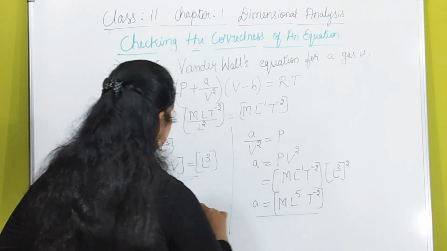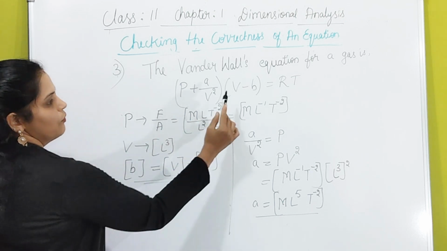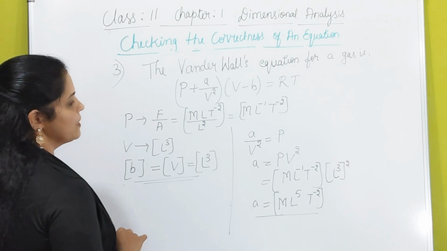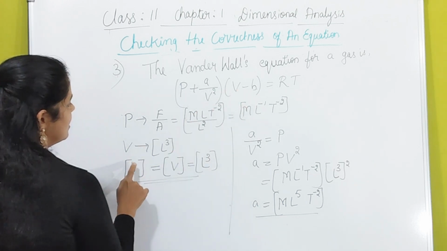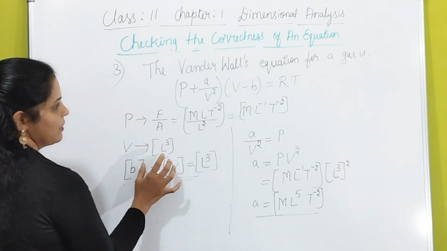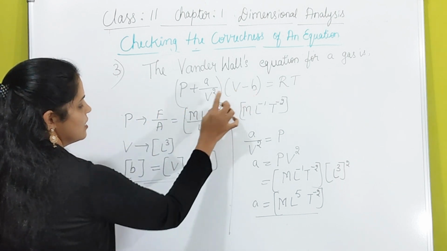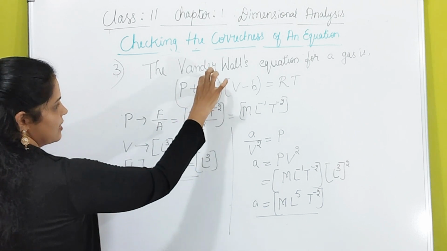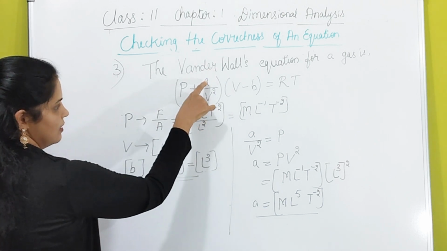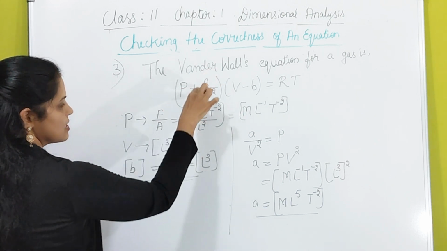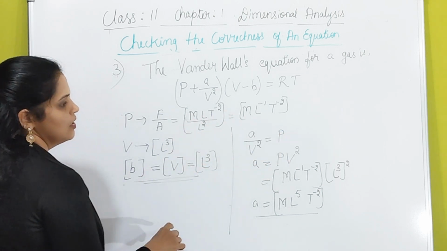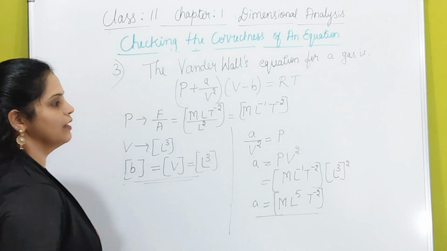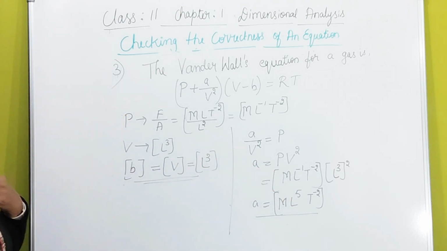Is this clear, student? So we are subtracting same physical quantity, that's why B should be same as volume. B is having same dimensional formula of volume, right? So therefore B is L cube, and here A by V square, this term, this is one term. This term is added to pressure means this term should be equal to pressure. So therefore A is P into V square, hence we will get the dimensional formula of A. Like this,